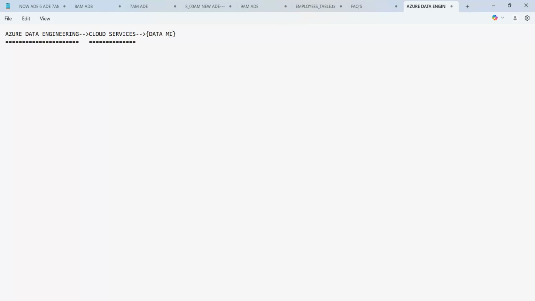What are the jobs, guys? The first one is data migration. The next one is data integration. Then we have data summarization, and then we have data visualization.